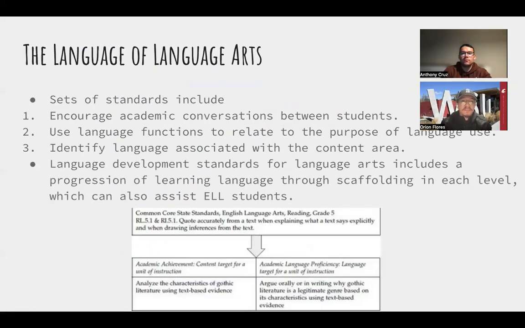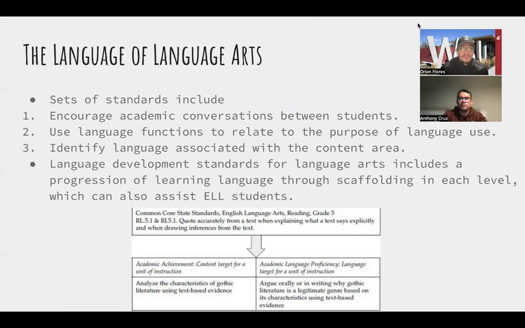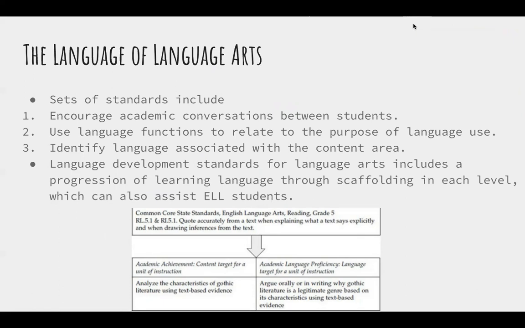All right, so the language of language arts. So some sets of standards to include. We want to encourage academic conversations between students, use language functions to relate to the purpose of language arts, identify language associated with the content area, and then language development standards for language arts includes a progression of learning language through scaffolding in each of the levels, which can also help assist ELL students.